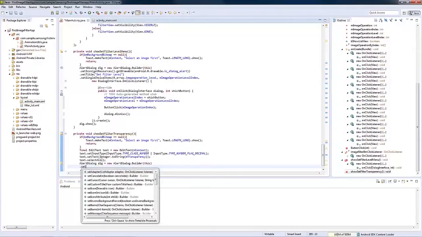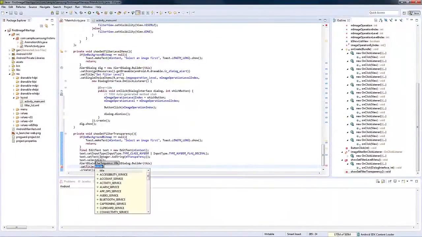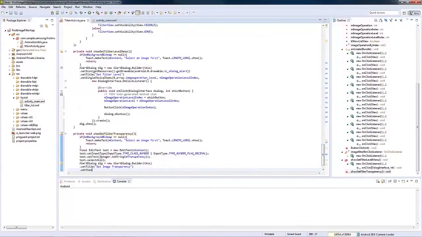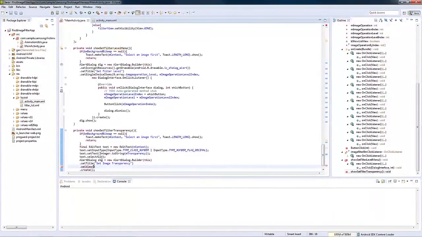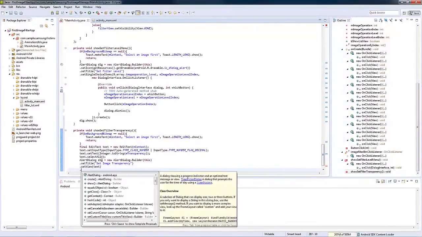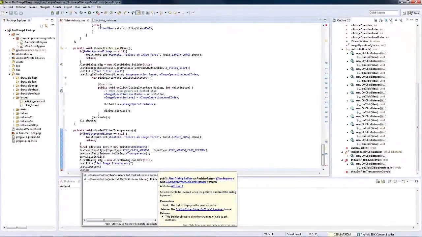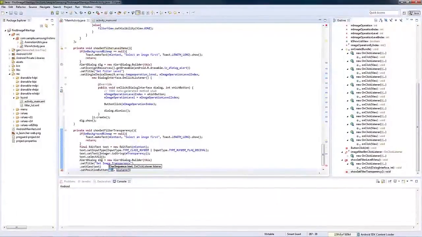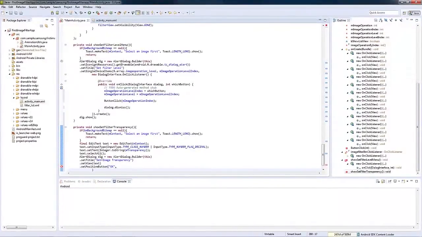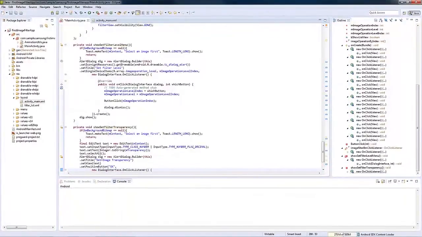Again, we set the title, settle in the edit text, and set the listener for the button.